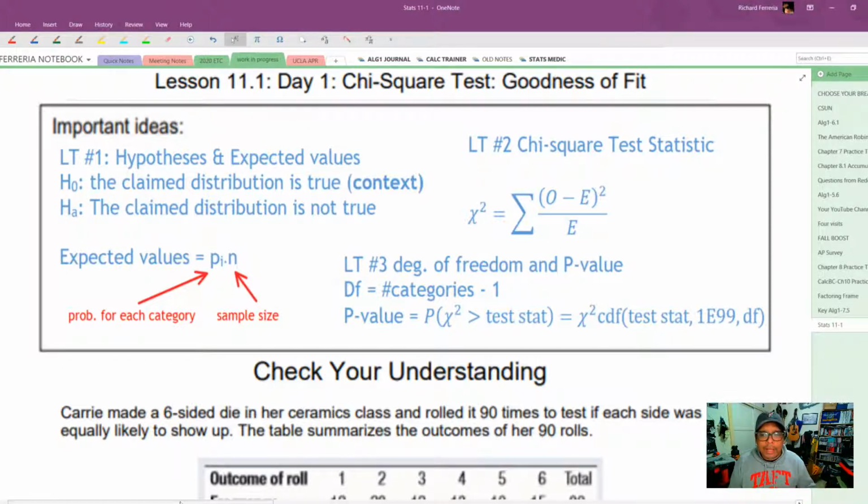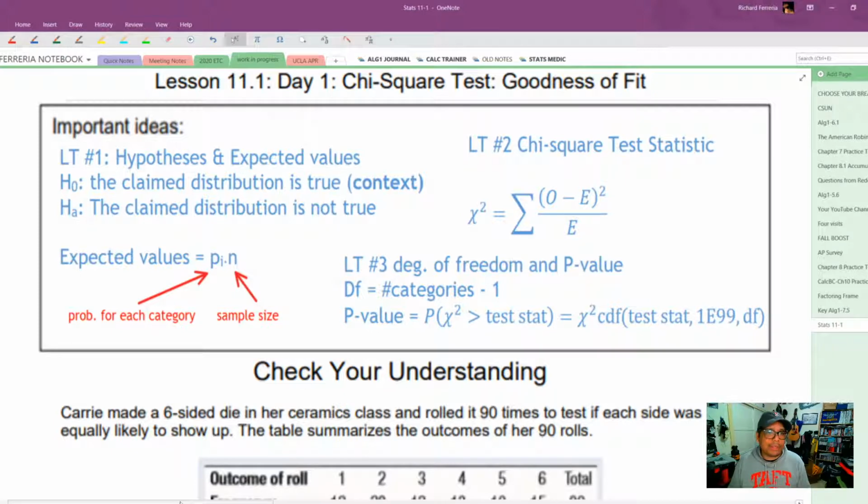You're going to want to write that in context, of course. So "the claimed distribution for M&Ms is true" would have been a better response for me. And then alternatively, "the claimed distribution for M&Ms is not true." Now, to calculate all the expected values, you're just going to multiply the probability of each category by the sample size. So always by the total number,